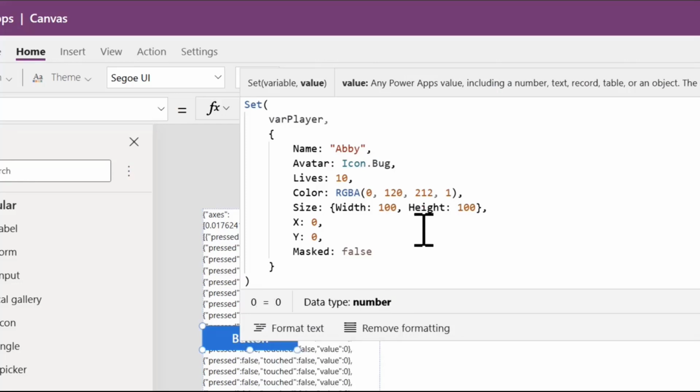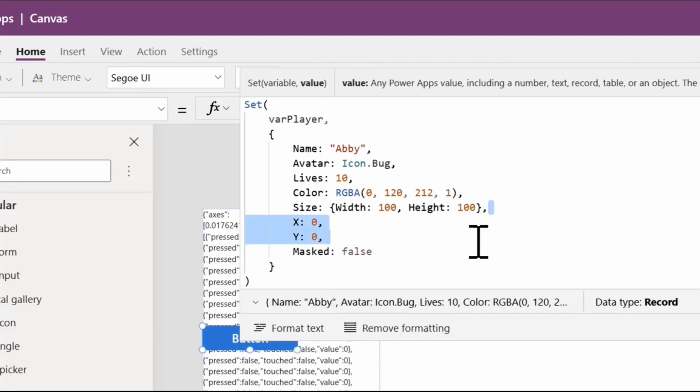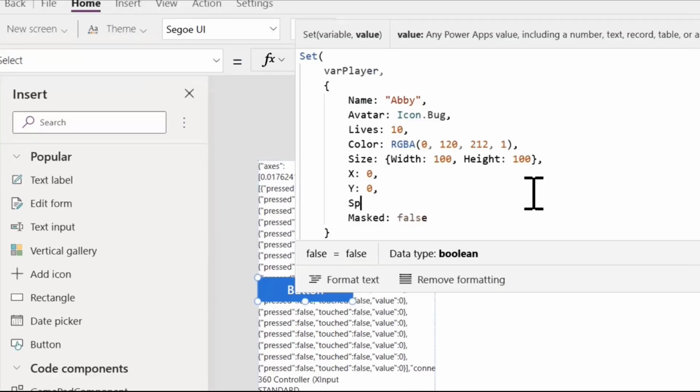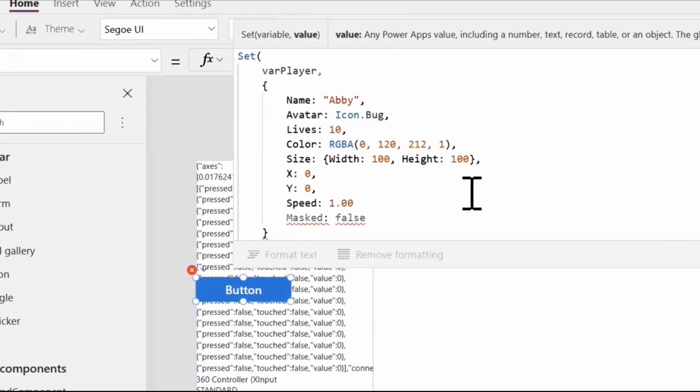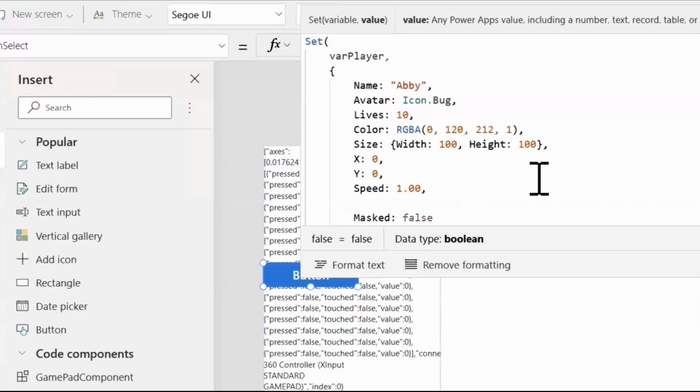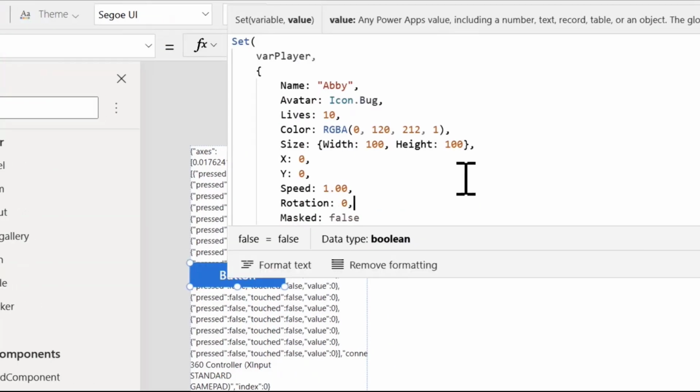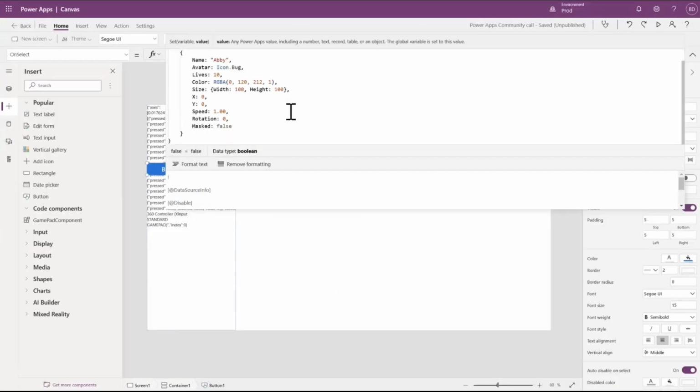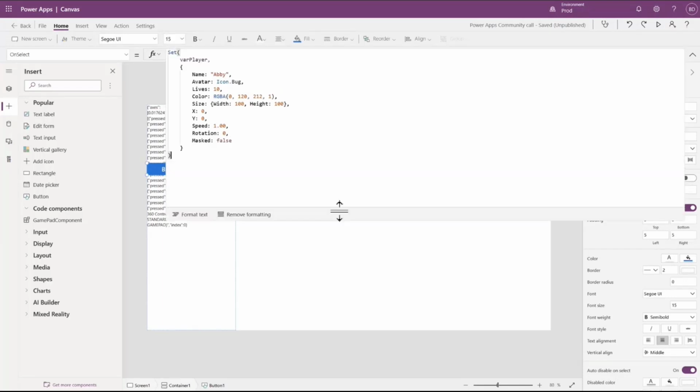So the important things today are X and Y position. I'm going to add just a couple more things here. Speed 1.00, a multiplier for the speed that it's going. And then I'll add rotation 0. So no matter what you're doing, I'm going to create this player as a record. Then, as I mentioned earlier, all games are tables, just a bunch of tables. So I'm going to collect that